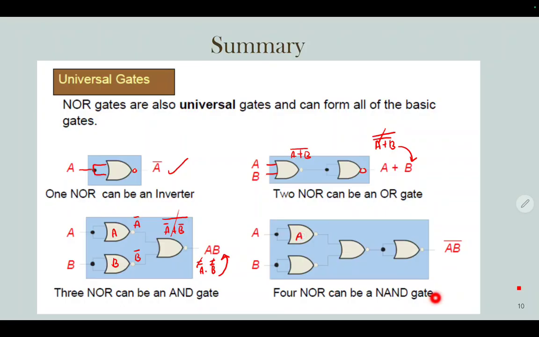So here you got A, here A bar. Here you got B, bubble here. So you got B bar. So here you got A bar plus B bar. And then you got a bubble here and then a double bar. So you break off here. Then you got here A double bar, B double bar. And then cancel off, you got AB. So AB coming in here, then you got a bar, sorry. And then you got AB bar.